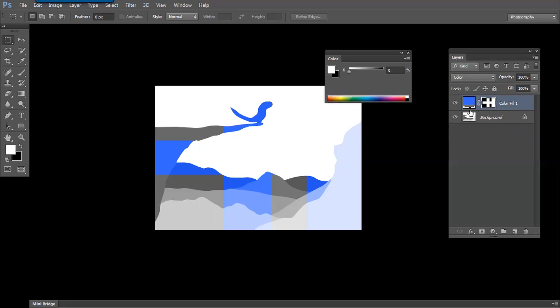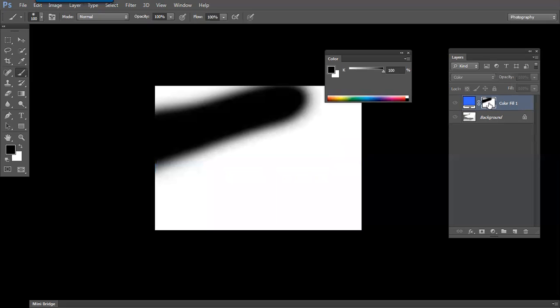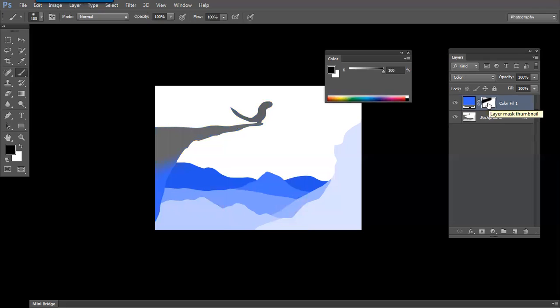Let us fill it with complete white. Now take the brush and set the brush to black color and start painting the black over it. So what you can see now, the color is not visible over here. Why? Because you are painting the black here in the mask. Hope this concept is clear. That means it is not only that we paint the color directly on the screen, but you can paint the color in the mask too.